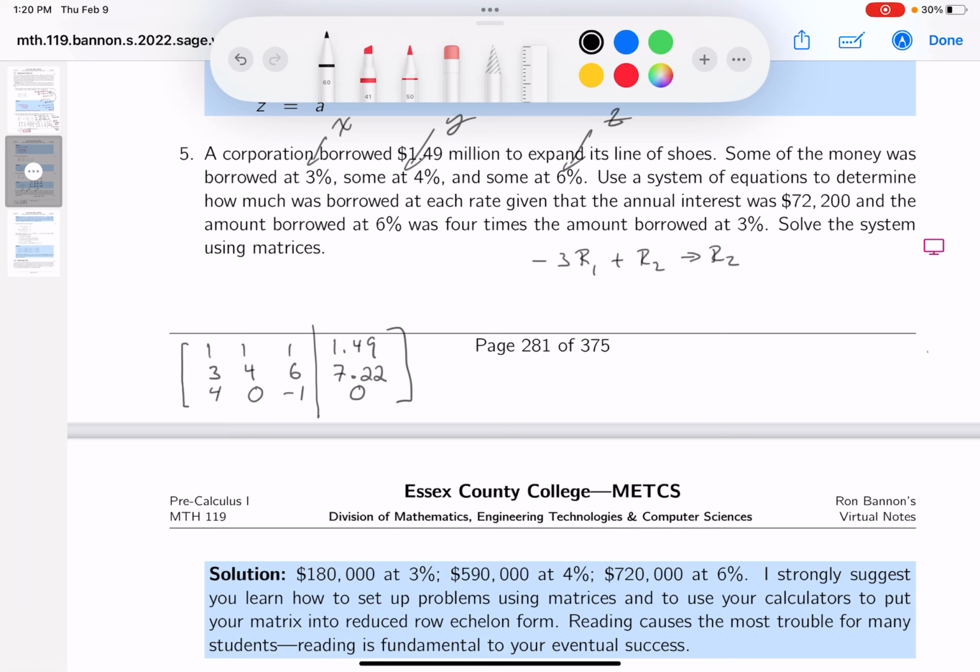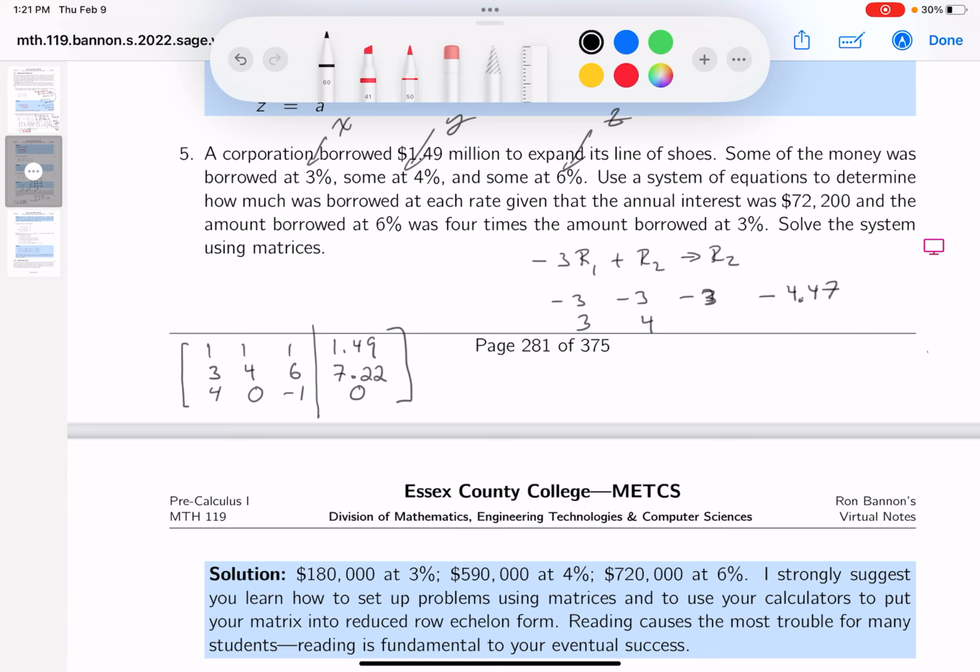I put that down for you. So you get minus 3, minus 3, minus 3. And 3 times the $1.49, that's going to be what? Let's say it's $1.50, right? So that'd be $4.50, but I got to take away from that. So it's 4.47. Let me just repeat that again. 3 times $1.49: 3 times $1.20 is $4.20, and then 3 times the 9 is 27 cents. Yeah, $4.47. And row 2 is just simply 3,